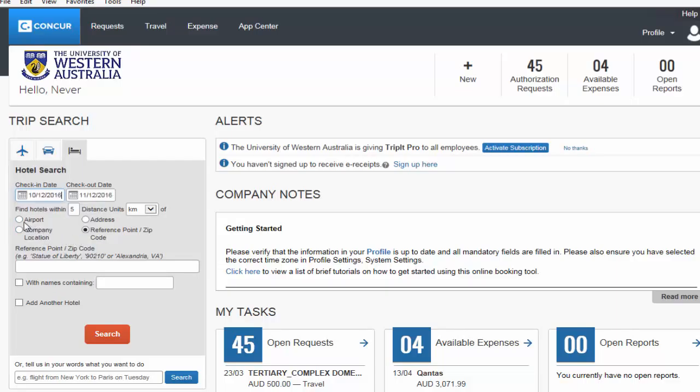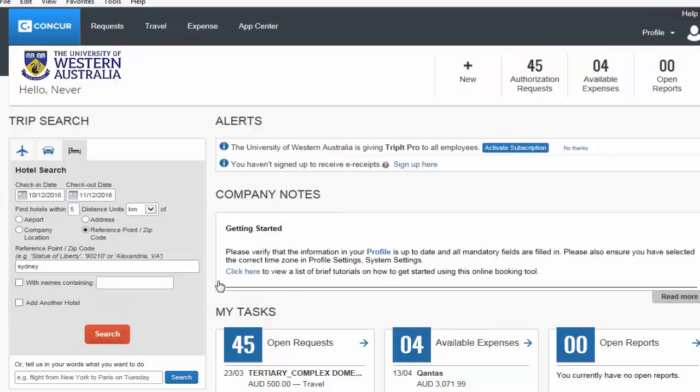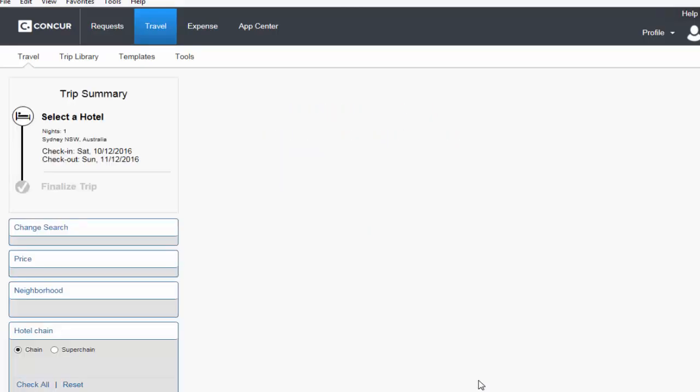You can select whether you want a hotel within a certain distance near an airport, a company location, a specific address, or a reference point. So I will enter Sydney and click on search. It will verify the location. It will then search for hotels that are available based on the date